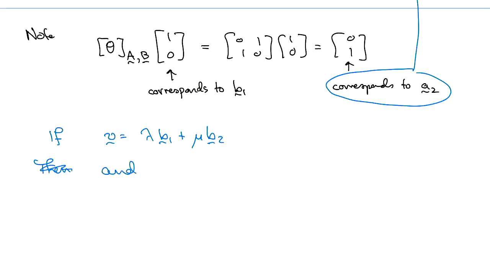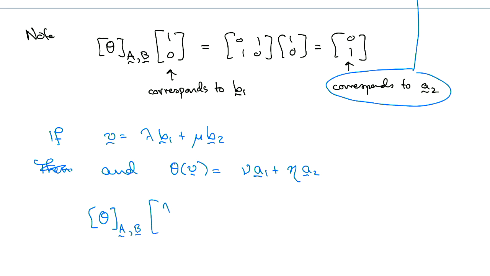and theta of v equals some other coefficients. So what's it going to be? Nu and eta or something. Nu A1 plus eta A2. What the matrix representation is telling you is how to find these nus and etas without having to go and perform the linear operator, but instead just do matrix multiplication. So what it's saying is to just do theta AB